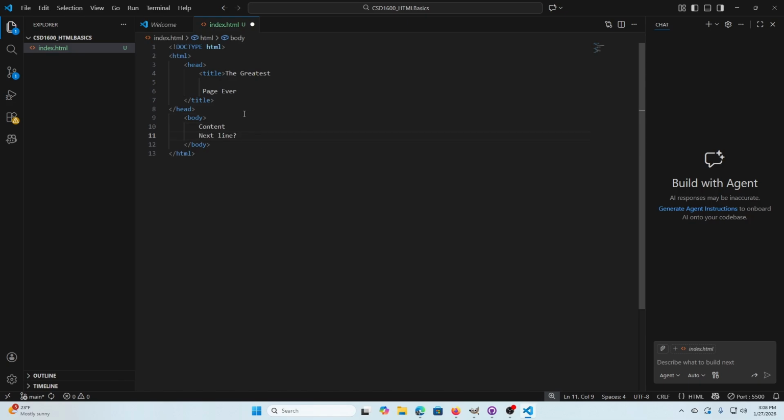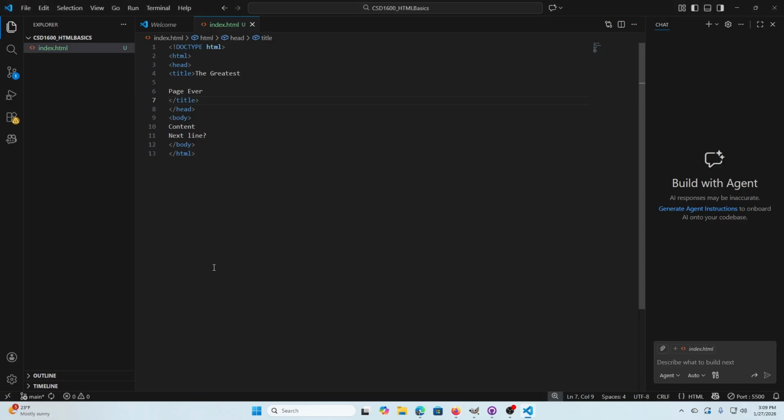And also, the indentation does not matter. If I take this and flatten everything to the edge like that, my page will still work. Nothing's changed. Still works just fine. Hit refresh just to make sure. Yep, okay, nothing's changed. So, you don't want to do this, however. If you come to your instructor for help and your HTML looks like this,